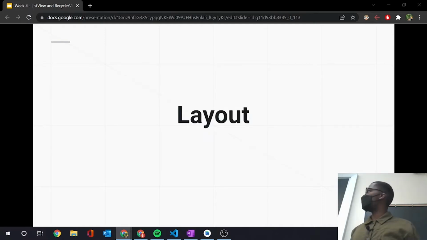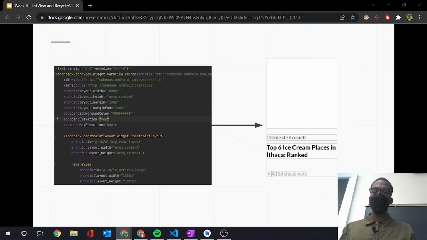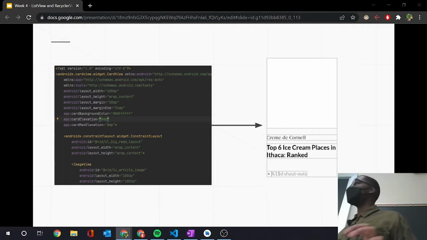And then you can use a layout. So the second component of our RecyclerView is the layout. How do we want our cells to look? We can craft custom layouts for our cells in our RecyclerViews to showcase how we want them to appear. So here's an example of another one of our apps, Volume. Here on the left is the beginnings of a layout of the RecyclerView, and then here's what a single cell looks like. It has an image view and a few text views, and each of these layouts are then used to build multiple different cells.